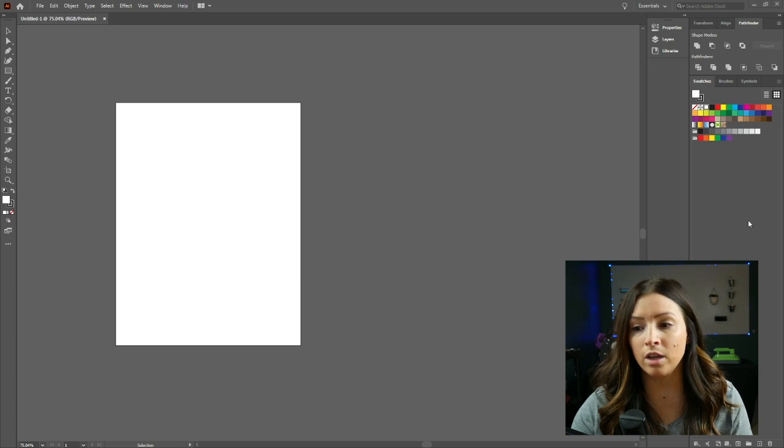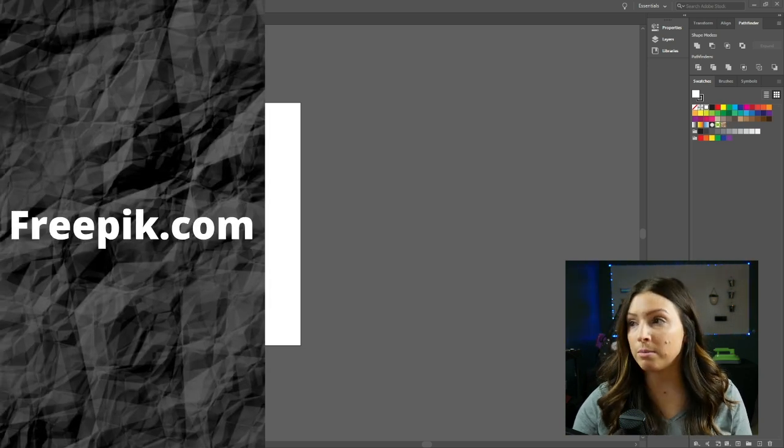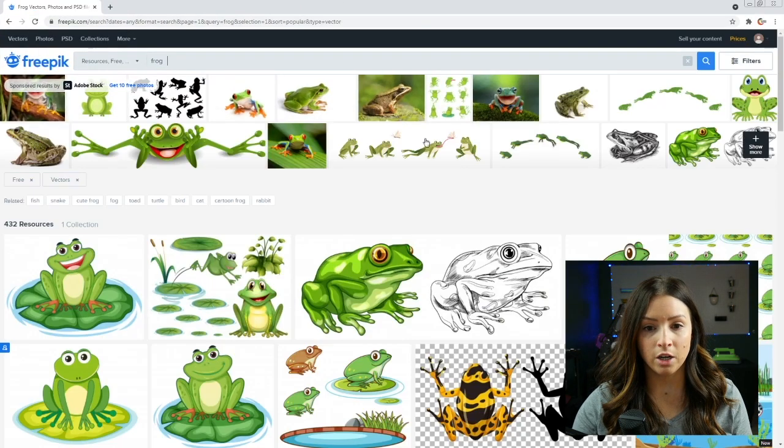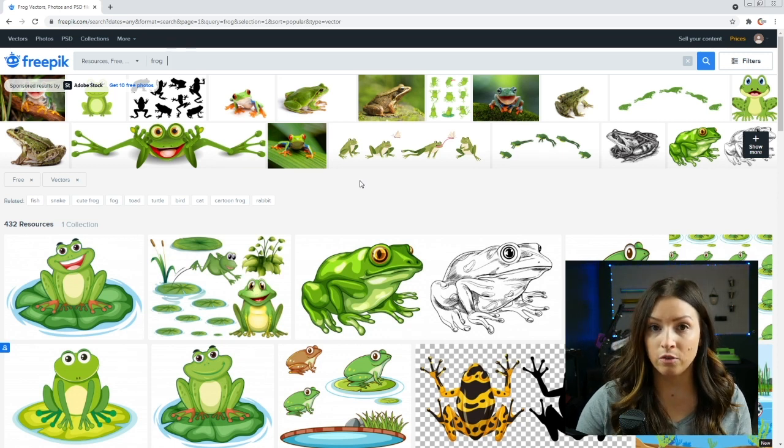One thing that we use here sometimes is going to be called Freepik. So it's this website, and I'll pull it up here for you guys. We just have a little frog in here, and this is a great site to use that's free resources, and who doesn't love free resources? Otherwise, you guys can be purchasing vector graphics from people on Etsy or Fiverr, or we also have another video called Vectorizer, where it shows you how to take your images and make them vector if you don't have access